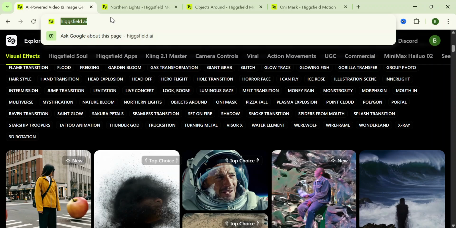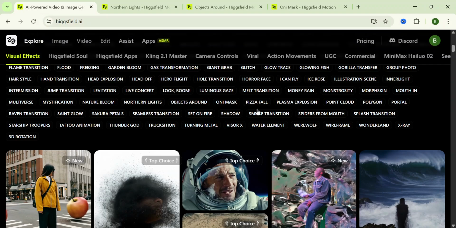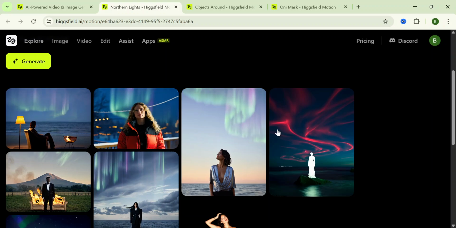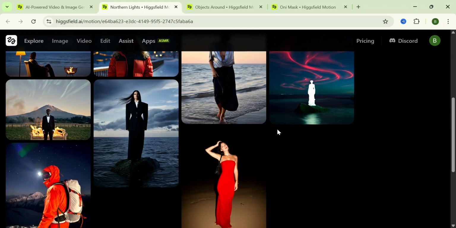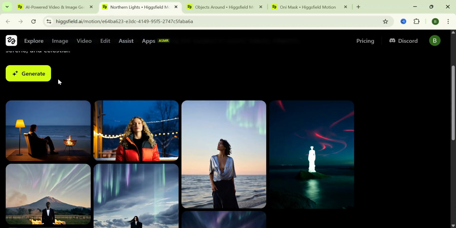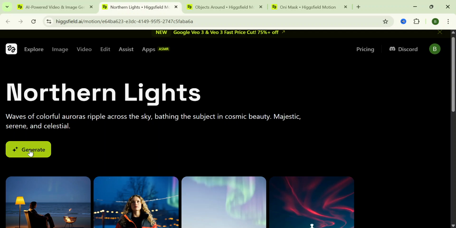The first thing you have to do is to go to this wonderful AI website called Higgsfield AI, and it allows you to create the best VFX effects without breaking the bank. So what you have to do now is to sign in and go to the visual effects section, then click on northern light effect. You'll be brought to a page like this where you can see various samples created with this particular effect. So what you do from here is to just go to this area and click on generate,